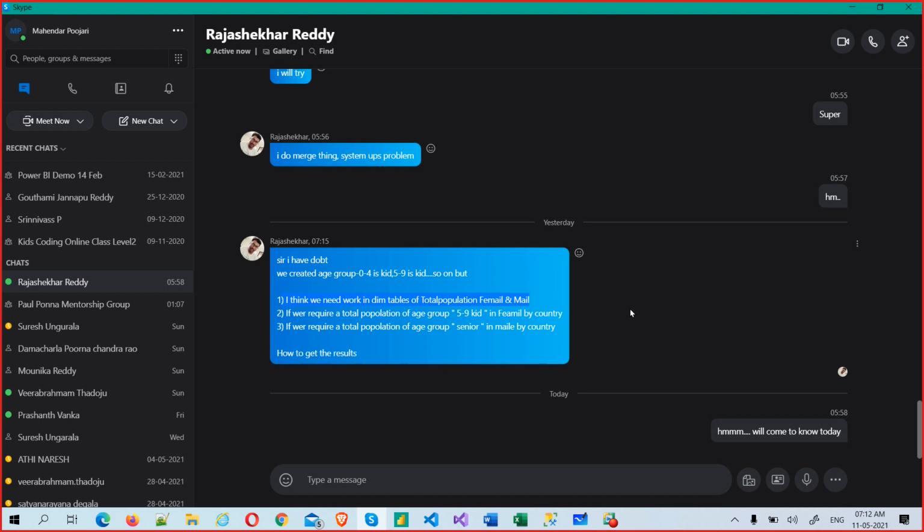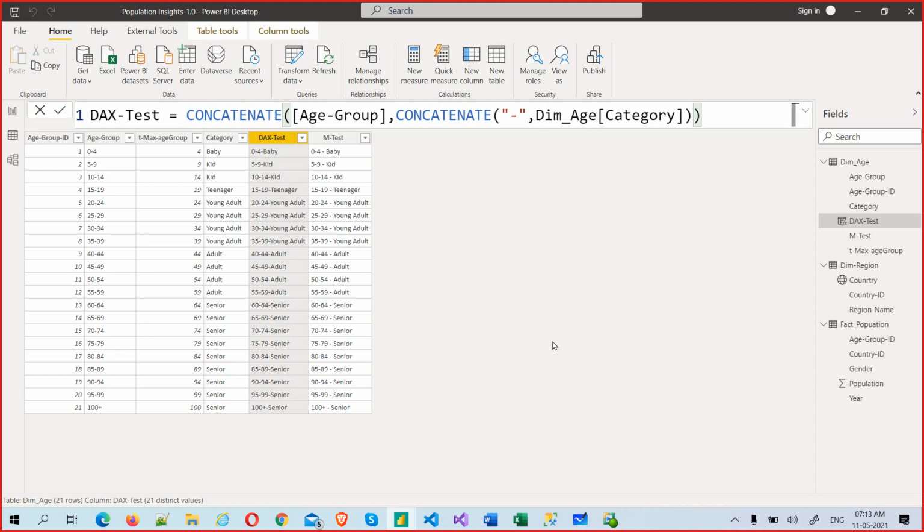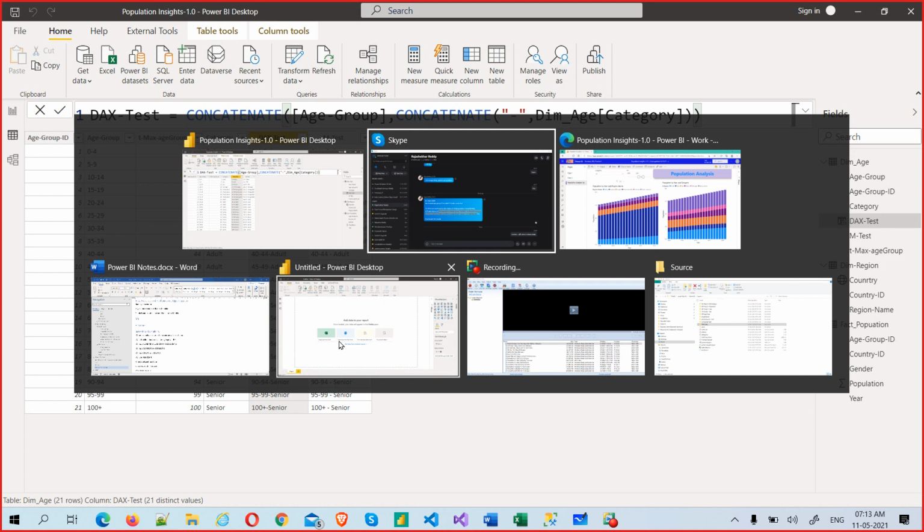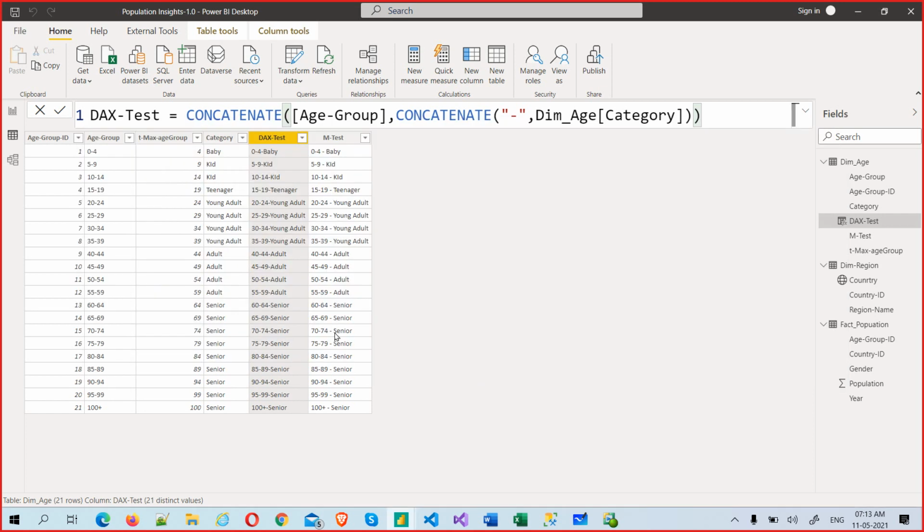Okay, I had a doubt, so that's why I was confused. That's fine, sir. Now you see 2 columns, DAX test and M test. Both are equally possible, but if you go back to the Power Query editor, you will not see that. I think the Power Query editor is closed. Now that's how it is. Let me save this, close, stop recording, and bye for now.